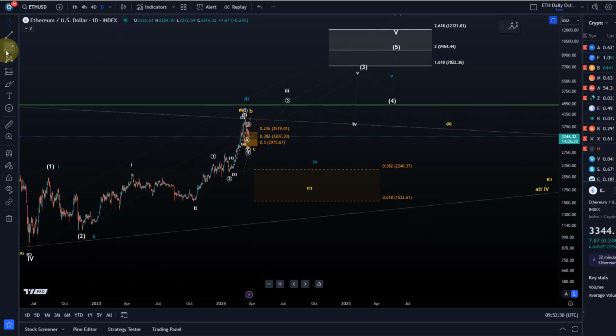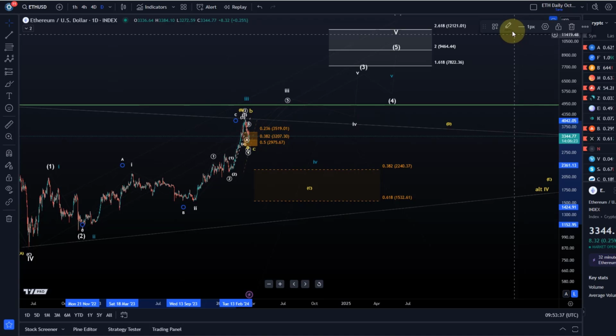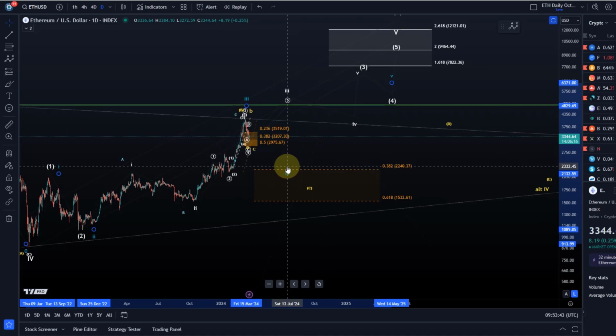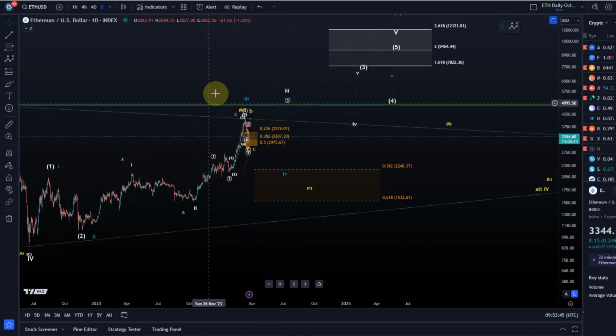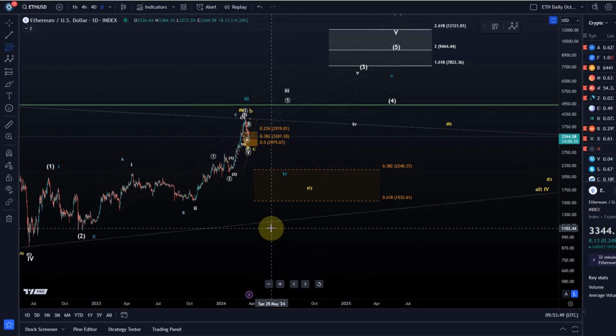1, 2, and then this here is an A, B, C, and I would think we have to go with that one. Should there be a break below support, in addition to the triangle one, consider them both. In this scenario, we could get a wave 4 pullback, and I would argue that probably the support area is